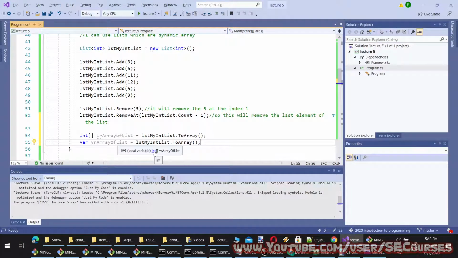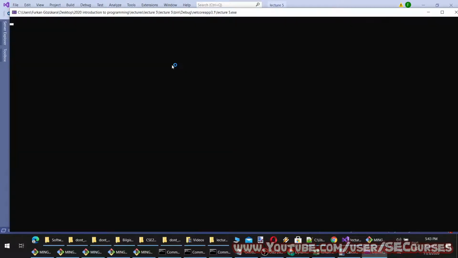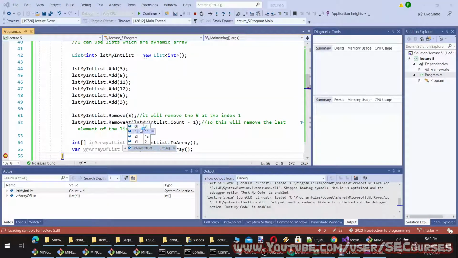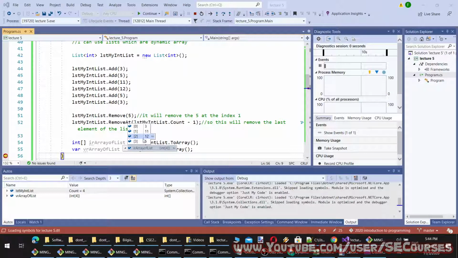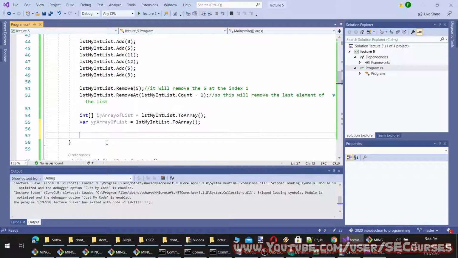So Visual Studio automatically understood that this is an integer array. And let's run the application to see. Okay, you see now it is an array that has 4 elements, and this is also an array that has 4 elements. Okay, so you can use the var keyword for anything.